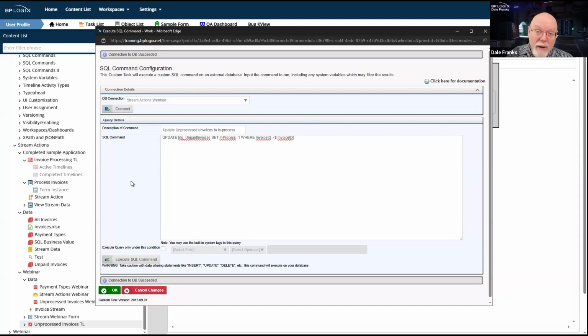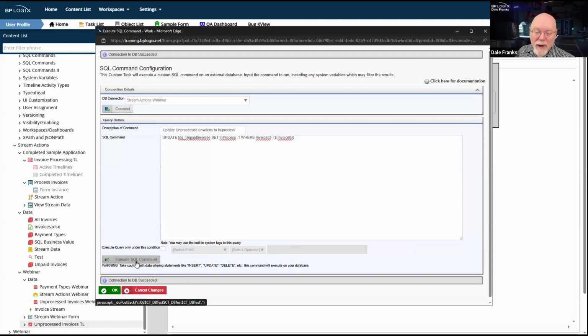And I know it can be tedious, right? Because I might have the same command that I want to run in 5 different places, which means that I'm going to have to construct and configure 5 different SQL command custom tasks in 5 different places. I understand that's tedious, but a little tedium is probably a good thing when it comes to protecting the integrity of your external data. So that's why we're doing it here.